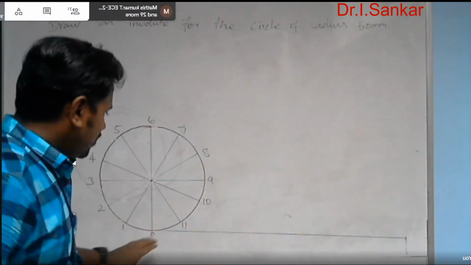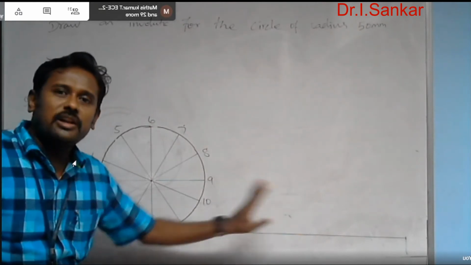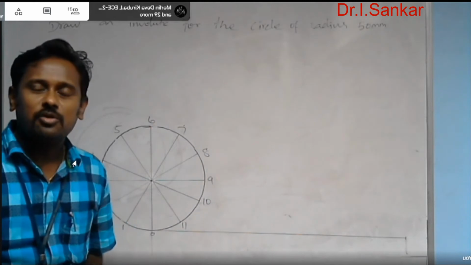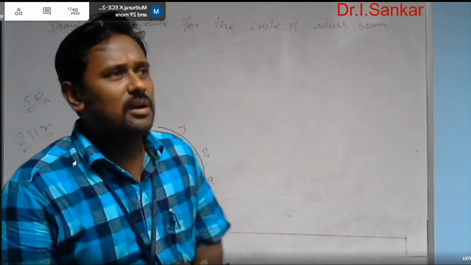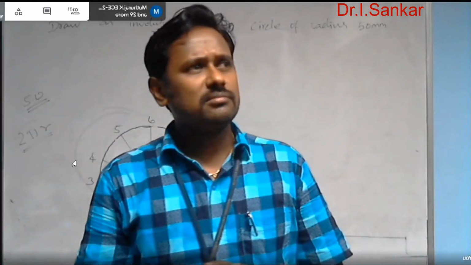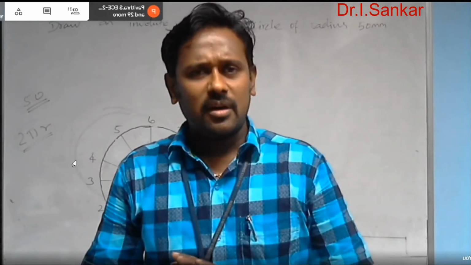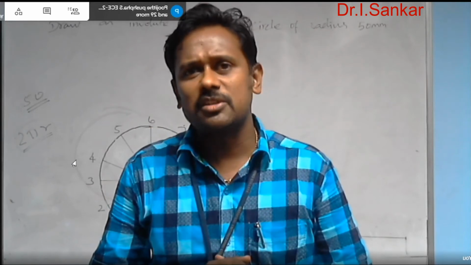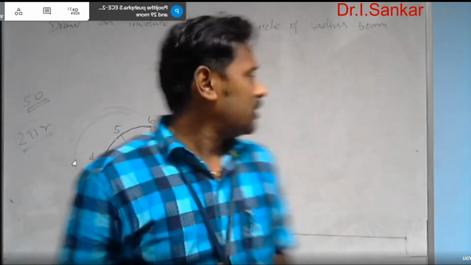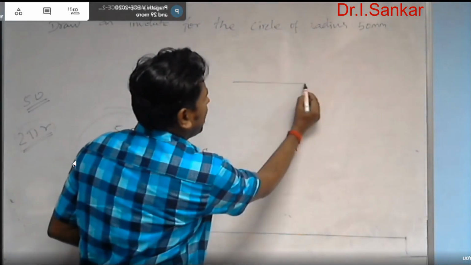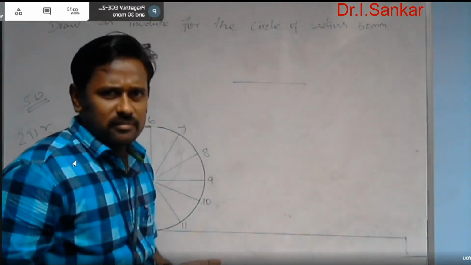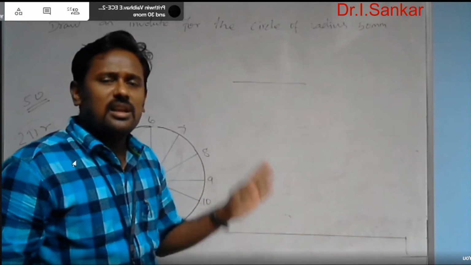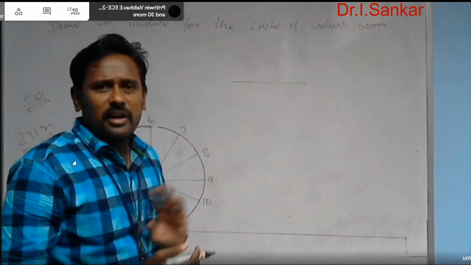After that, you need to split it into 12 equal parts. The line also measures some value. You need to split it into 12 equal parts. I think in the chapter on the ellipse itself, I instructed you how to split a line into a number of equal parts by using the pilot line method. So for example, if I have a line of any length and want to split it into a number of equal parts, then I can use the pilot line method.